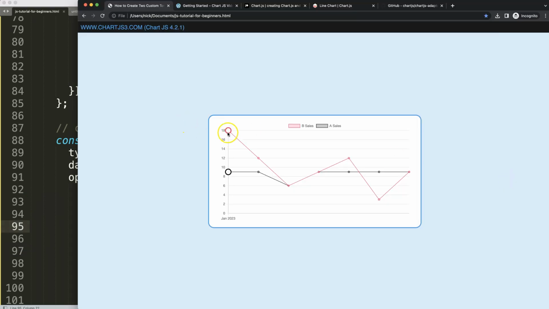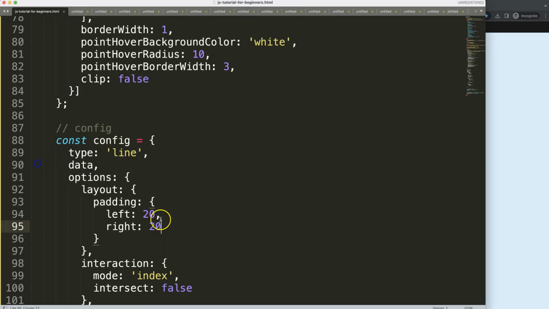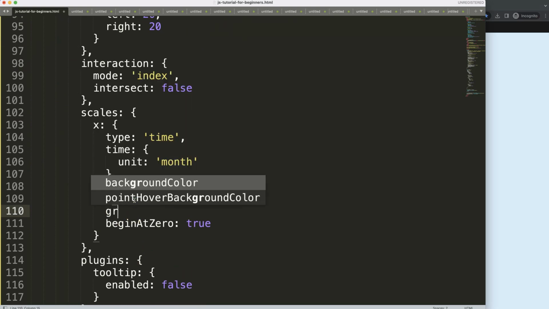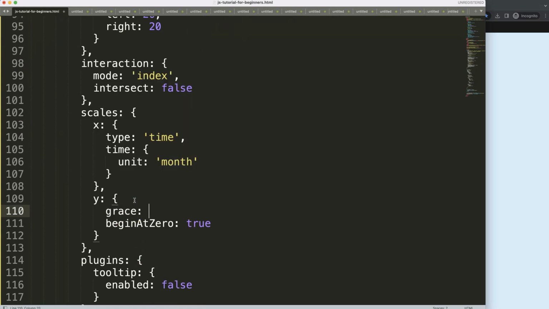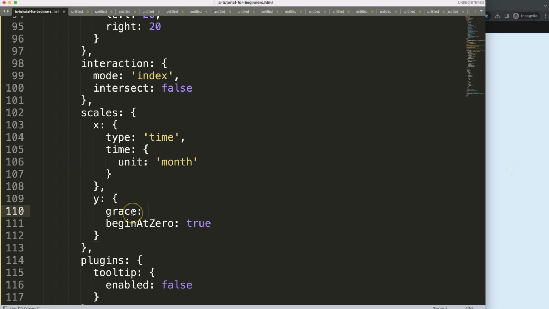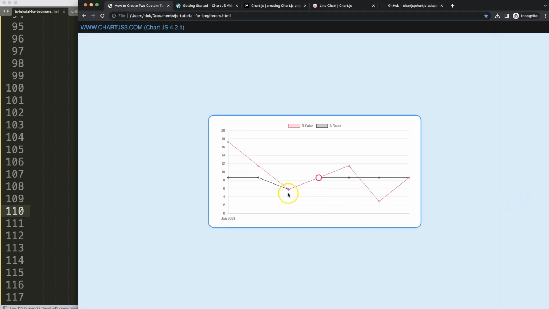Or, I think that's even better for this one here, because later on we have the tooltip. We should have some space here, and I can just put that in the Y scale. In the Y scale, say enter. I'm going to say grace. And grace allows us to add additional space between the very top data point and the scale. So there will be an additional space between there. So if I put number 1, save, refresh, and as you can see here, we have now the space that